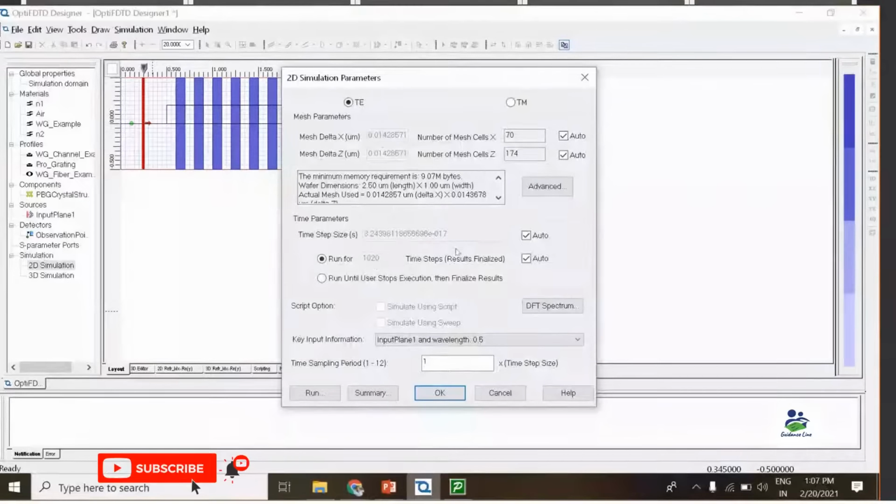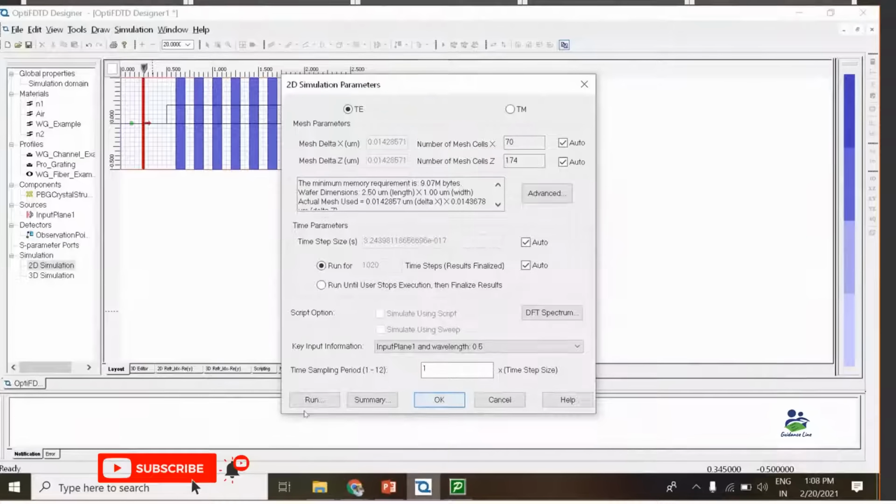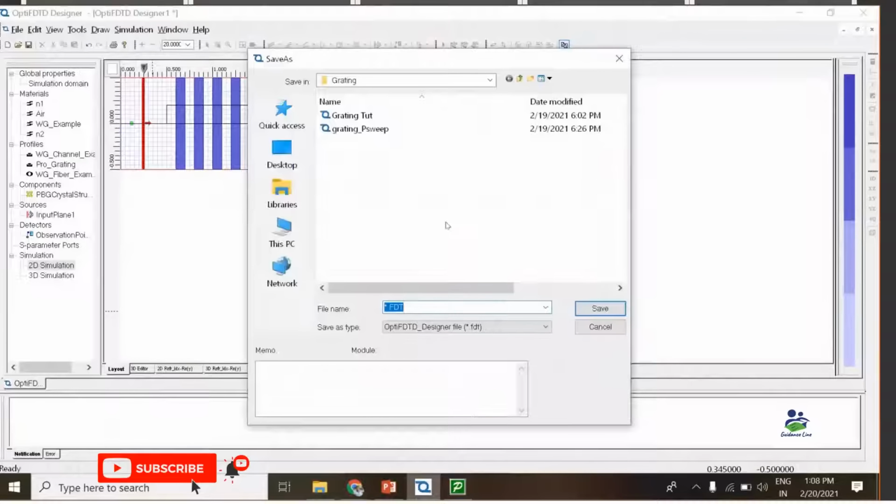So right now I am not making any changes over here. I am keeping the default values the system has selected. First we try to analyze why we need to change these particular parameters for actual evaluation of our result. So I click on run over here